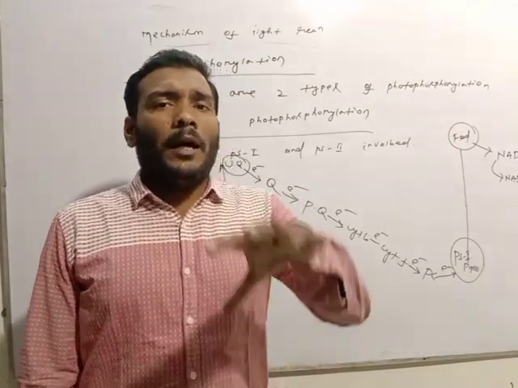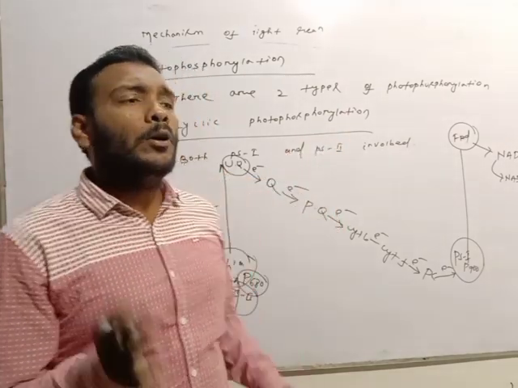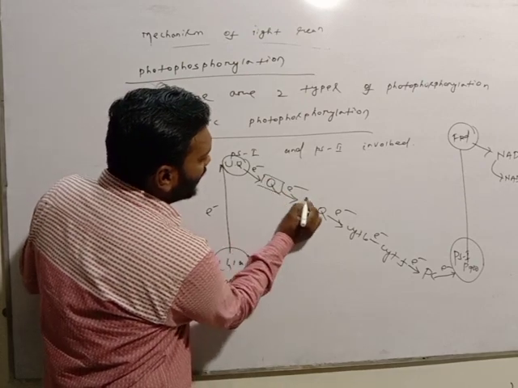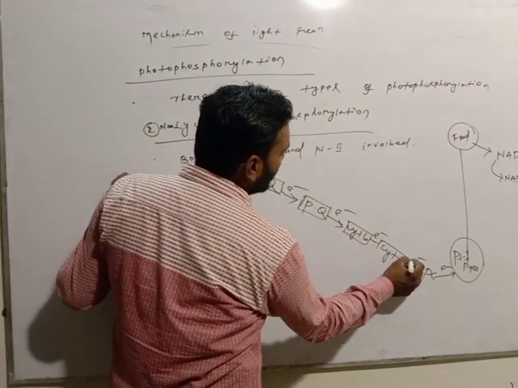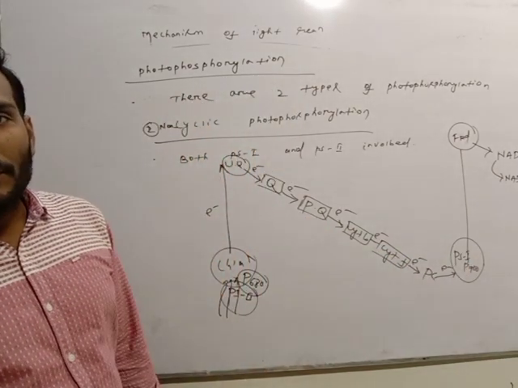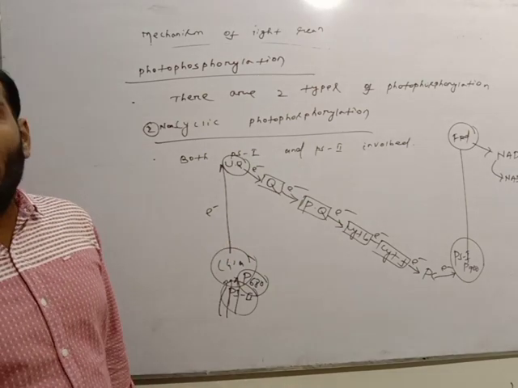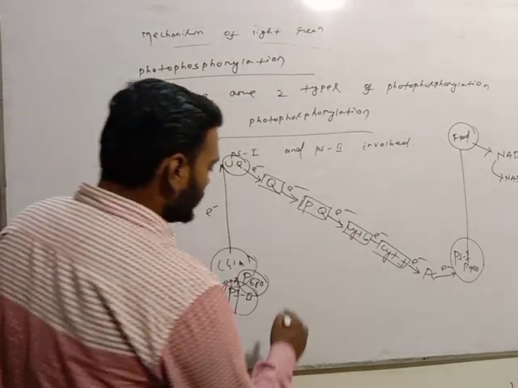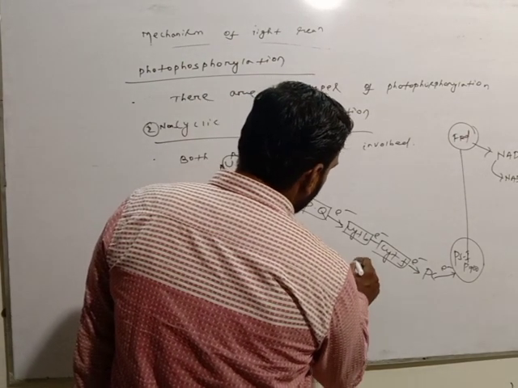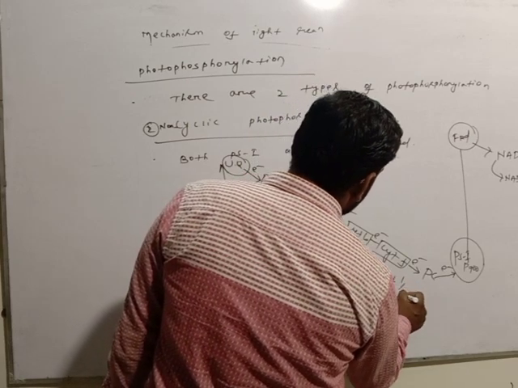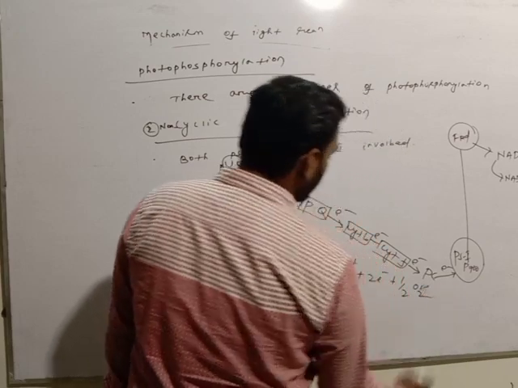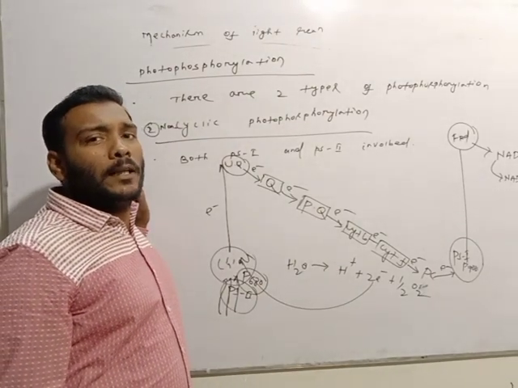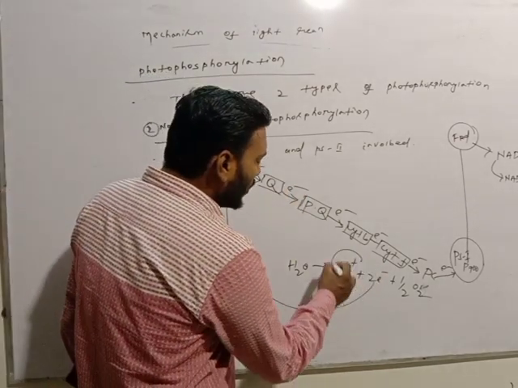In cyclic, the electron goes back to the same place, so the reaction continues. But here, the electron released from PS2 through a series of electron carriers passes on to PS1, so PS2 has lost its electron and the reaction cannot continue. Where does the electron come from? That electron comes from the splitting of water: H2O gives 2H plus, 2 electrons and half O2. That electron is absorbed by the reaction center of PS2 to continue the cycle, and that 2H plus